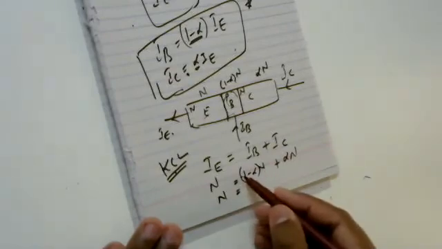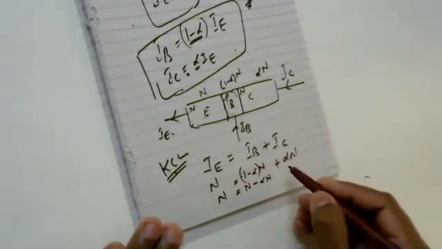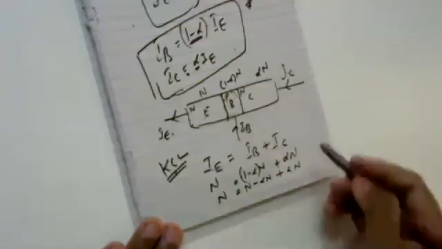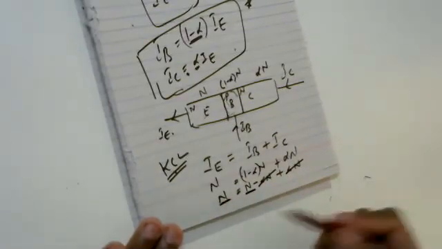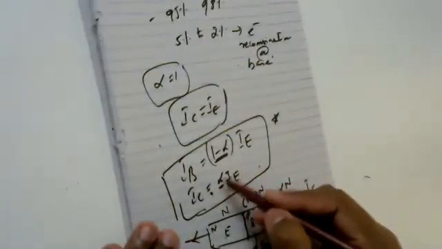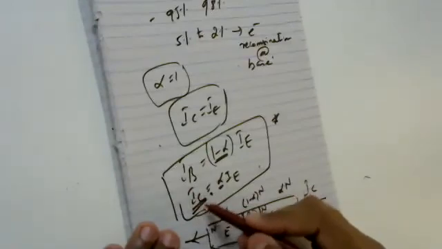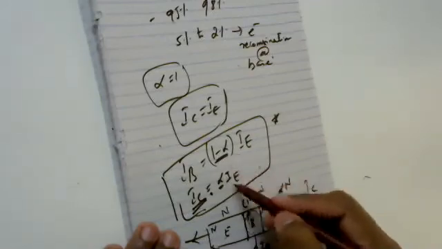Now to make this LHS the same as the RHS, you just take this n inside. If I take this n inside, what happens? n minus alpha n plus alpha n. Here alpha n gets cancelled. So if you assume your alpha equals 1, the current seen on the collector is the same as the current seen on the emitter.